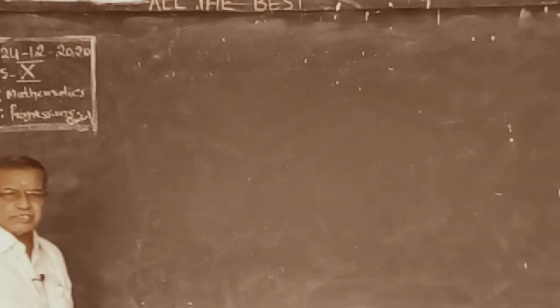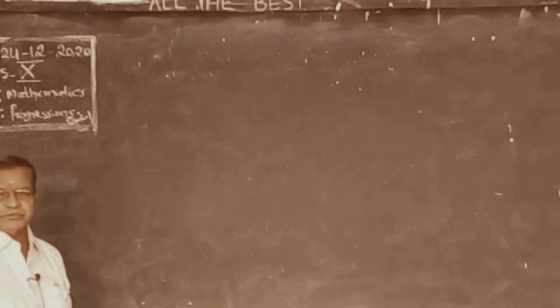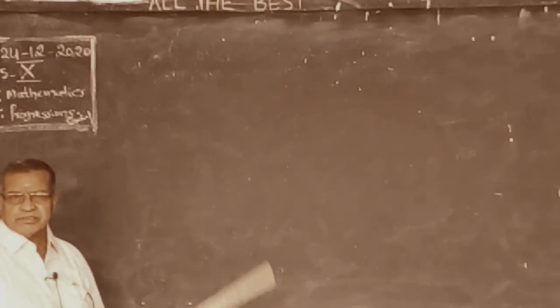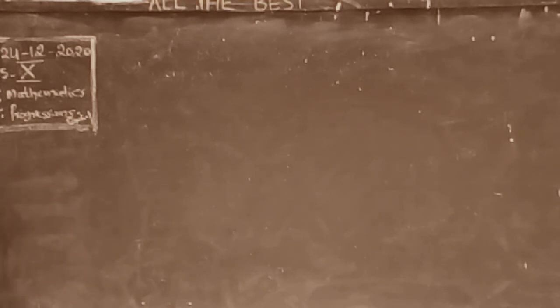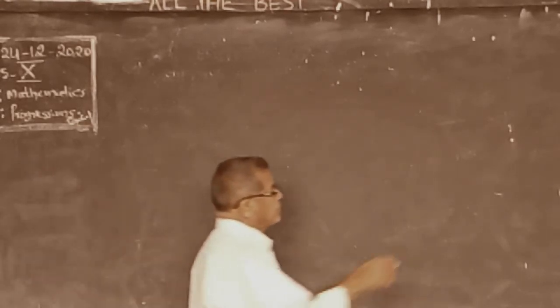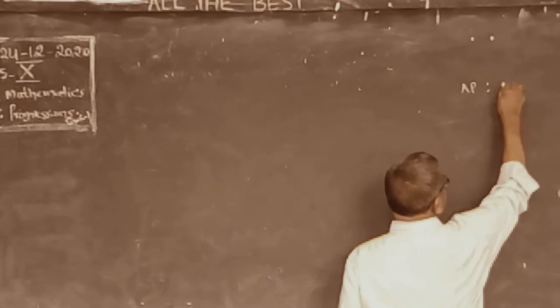And in GP, geometric progression, the ratio, the common multiple, the common ratio is the same. Here the multiples are the same. 5 into 2, 10; 10 into 2, 20; 20 into 2, 40; 40 into 2, 80, like that. And the third, harmonic progression, is the reciprocal of AP.